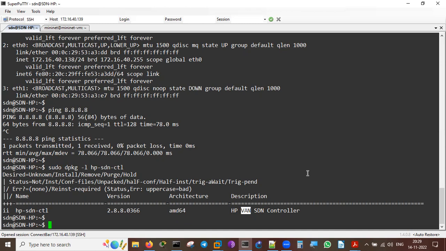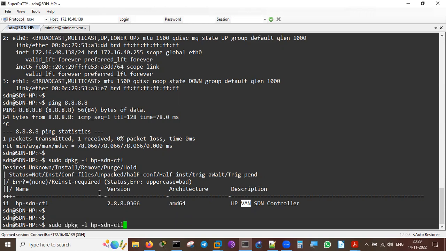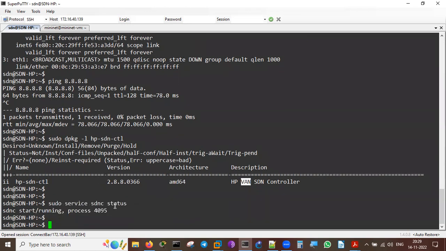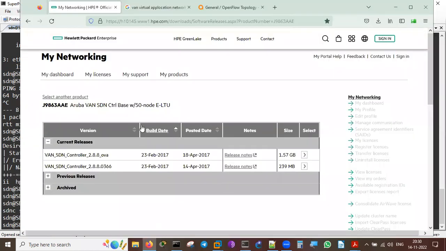You can call it like everything is the same only. This is the only thing which has been running on this, and you can get this by seeing whether it is running or not. Like the status command you can type: SDNC status. It's running and the process number is 4095 and other things. So when you go to the CLI prompt of it, you don't need to do anything more on this. You just need to come back to the